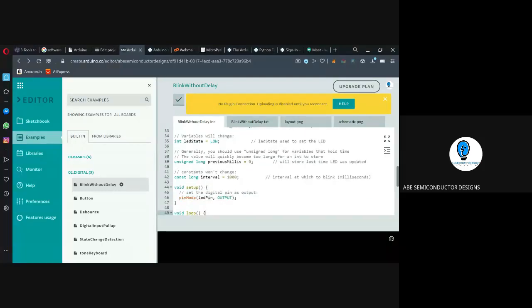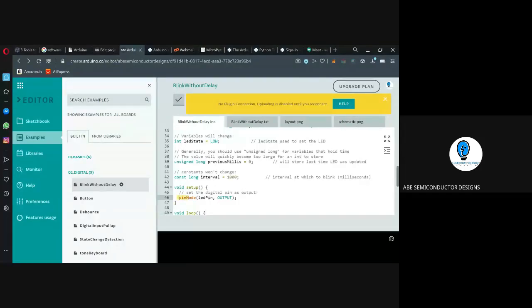Now, as I told you, a pin can do multiple applications. So we have to configure whether the pin is an input or output. It is common for RISC architecture. Whenever you work on any RISC architecture, configuring the pin as input or output is necessary and mandatory. Otherwise, no application will take place. This is done in void setup because it can be initialized only once. Once it is initialized, it will be fixed. You need not put it in the void loop, that is, the while loop mechanism.